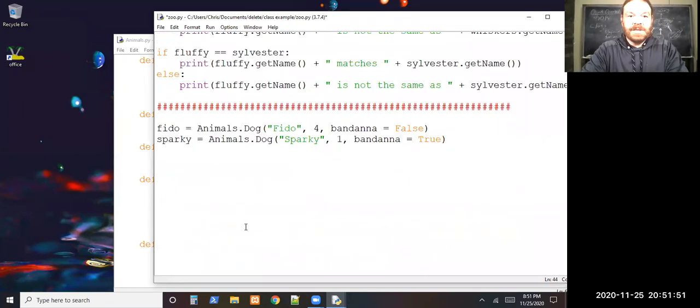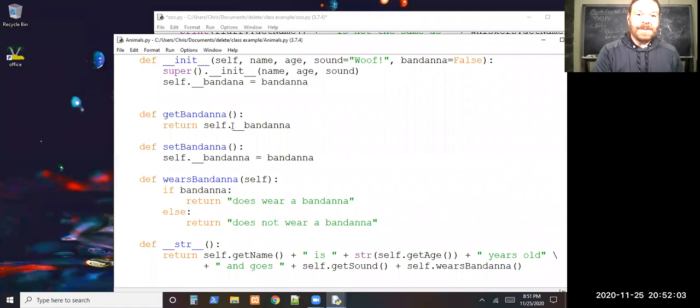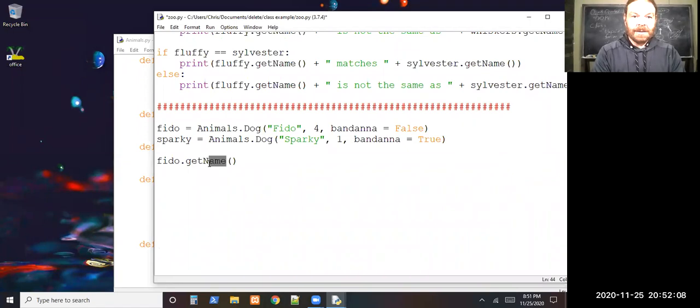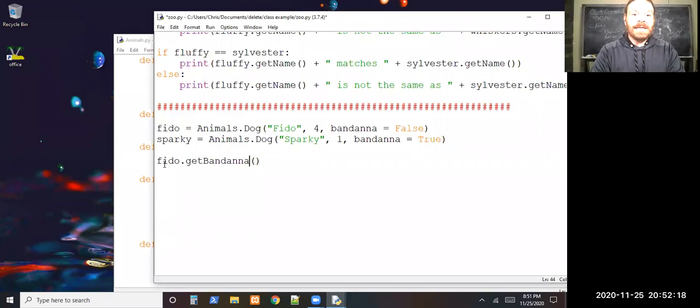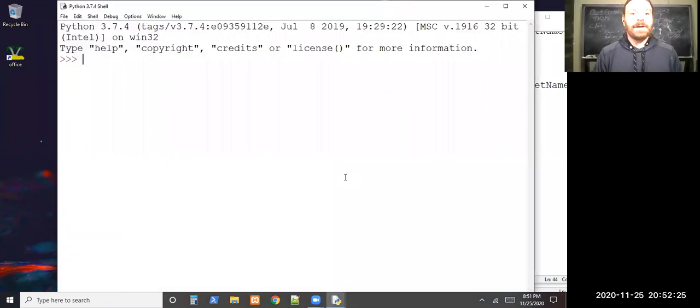And we've seen most of this stuff. Well, I'll just do this one first. So Fido.getName, and I left... Remember this. Well, we know this is missing the get bandana. That's the one. I left that out of get bandana. Remember the self parameter we pass in here, that refers to the object itself. So that's referring to Fido here. So this is going to throw an error, and just to see what that error is,